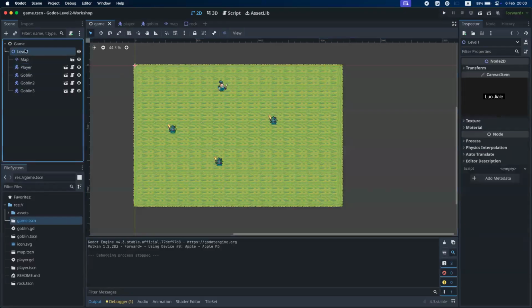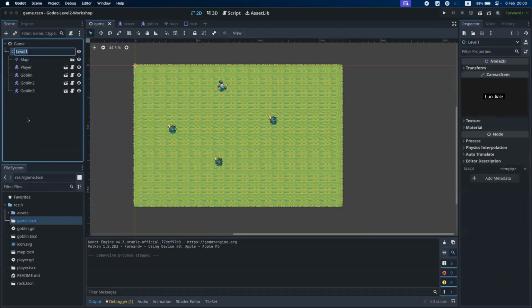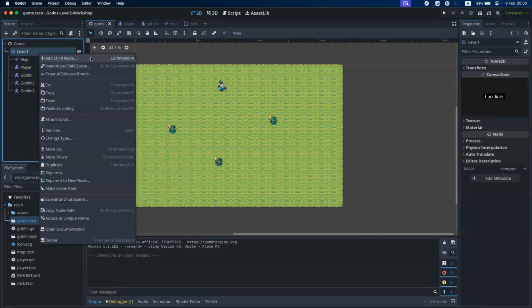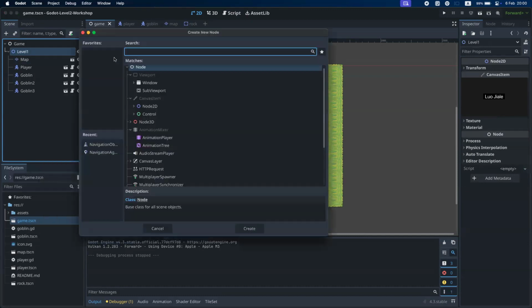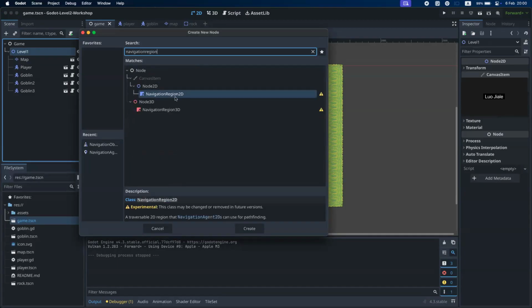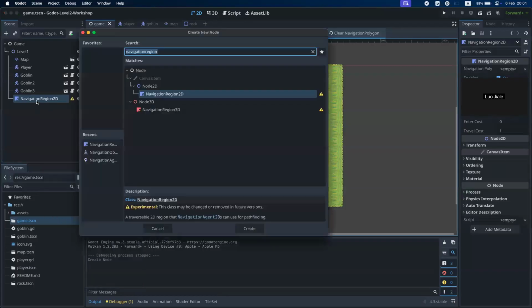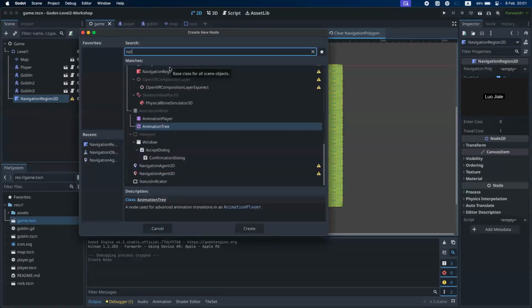Okay, so let's first demonstrate how to create a navigation region. At the level 1 node, you can add a child node and search for navigation region. Choose the NavigationRegion2D. This node is just to define the navigation region, right? So it should have a shape as its children. So for the NavigationRegion2D, let's add a child